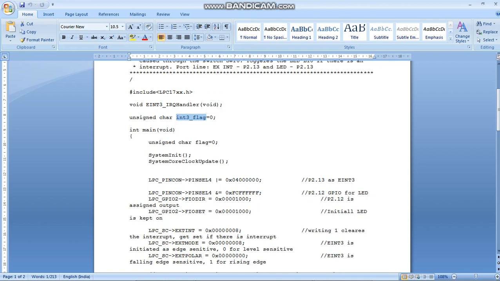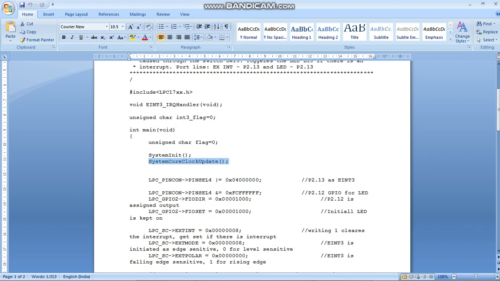In the main function we have taken the variable flag, of type unsigned character, also initialized with 0, and then we are initializing the system,